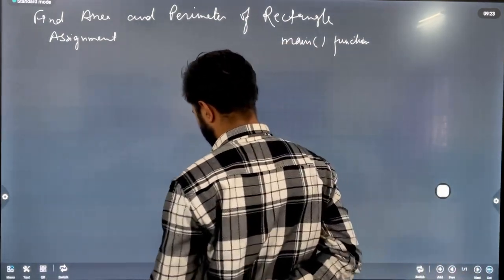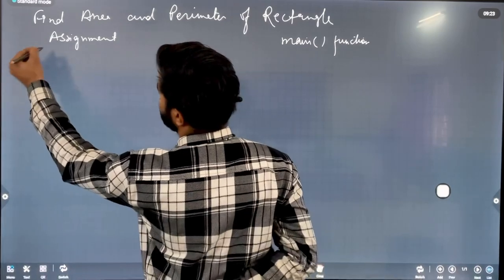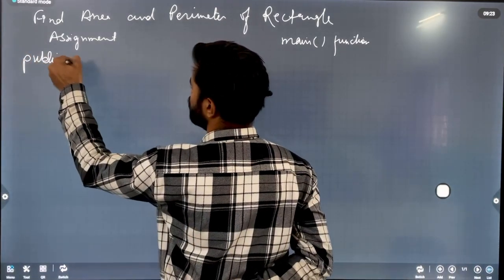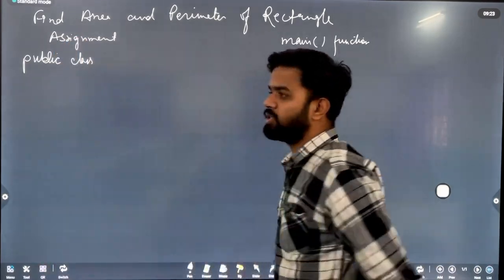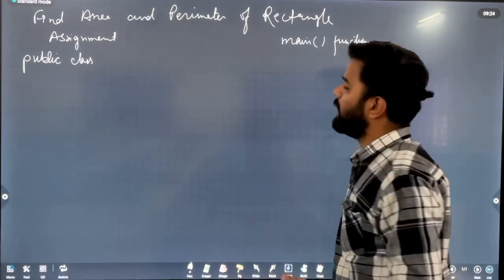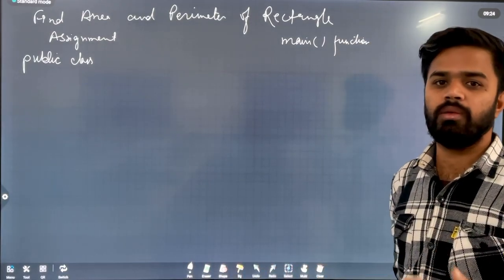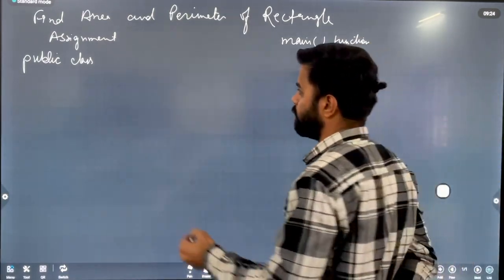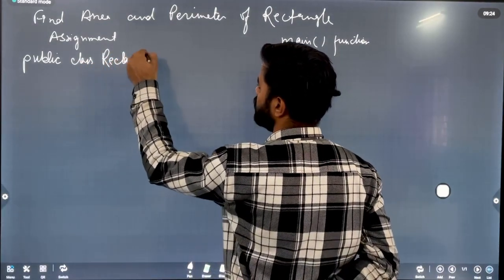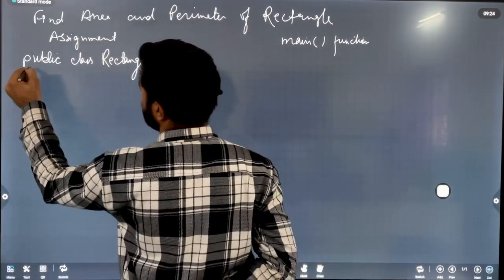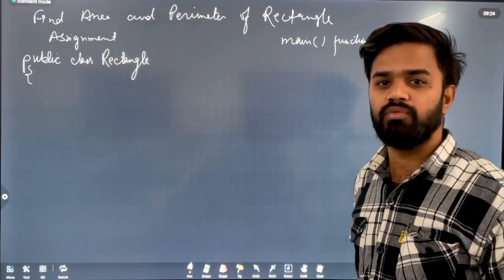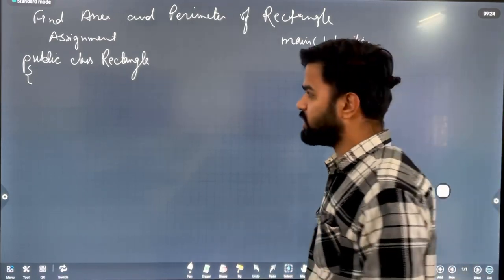Now, we will start from public class. The class name depends on us, what type of class name we want. If we want to find the area and perimeter of a rectangle, we will make our class name Rectangle. So public class Rectangle is there. Now after this, the declaration of the main program, which is public static void main(String[] args).